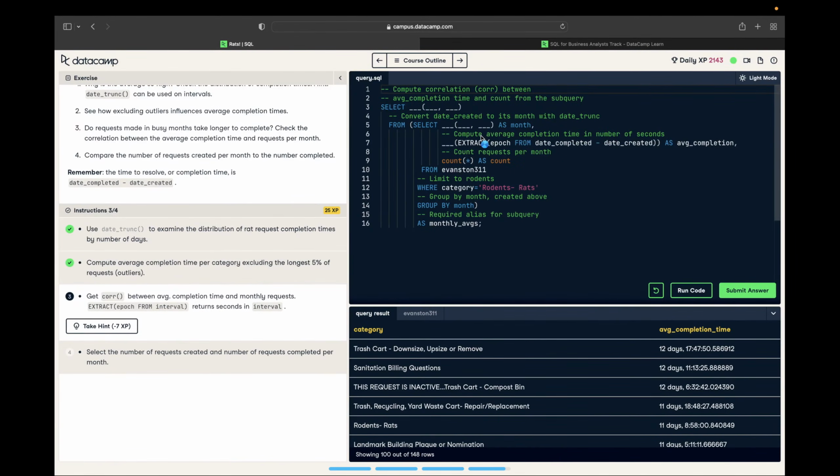Then get correlation between average completion time and monthly request. Extract epoch from interval, returns seconds in interval. Okay. So from, convert date created to its month with date trunc. Okay. So from select date trunc, month, date created,